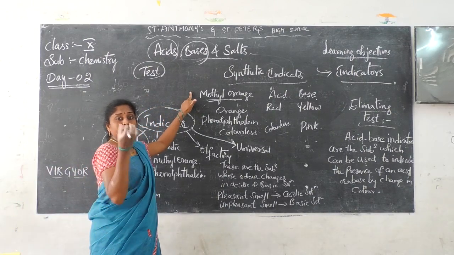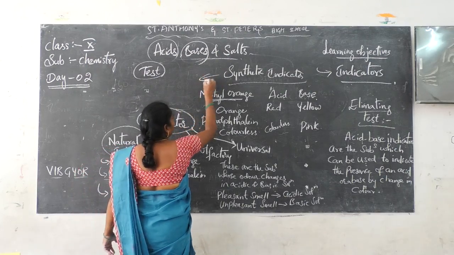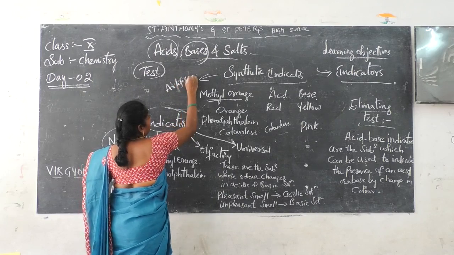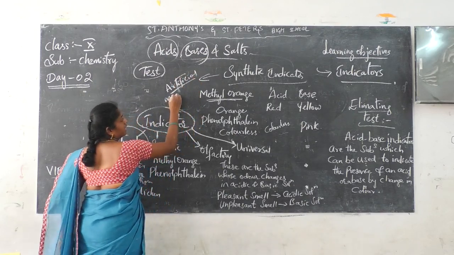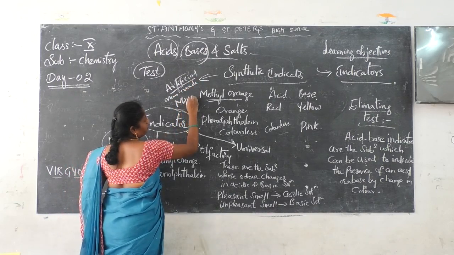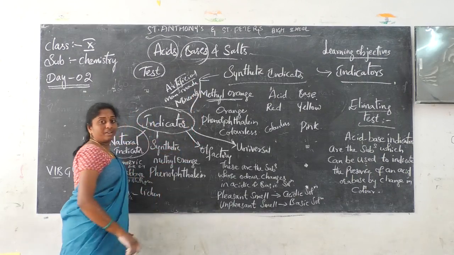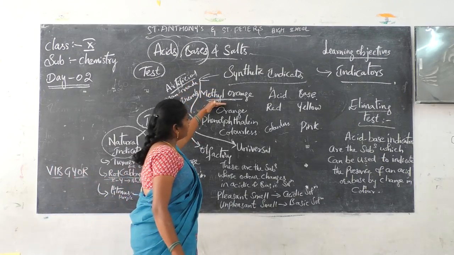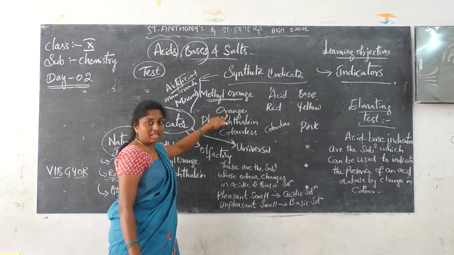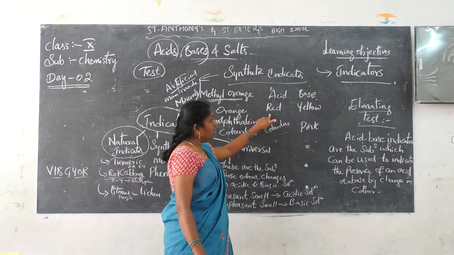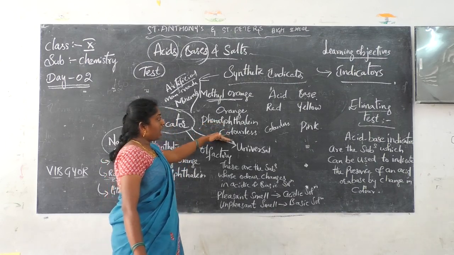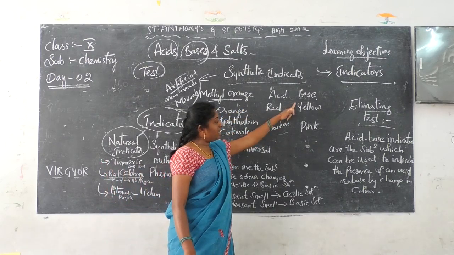So we are talking about the synthetic indicators. Synthetic indicators means artificial indicators, man-made indicators. They are prepared from minerals, and here the indicators are methyl orange and phenolphthalein. The original color of methyl orange is orange, in acid it changes into red, and in the base it changes into yellow. And phenolphthalein, the original color is colorless, in acid it stays colorless, and in the base it changes